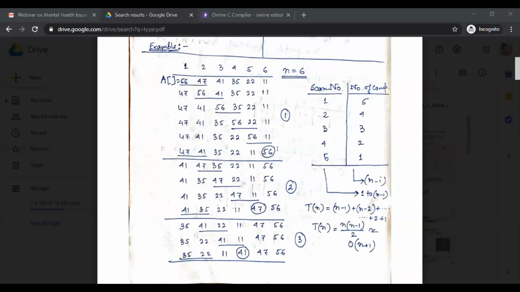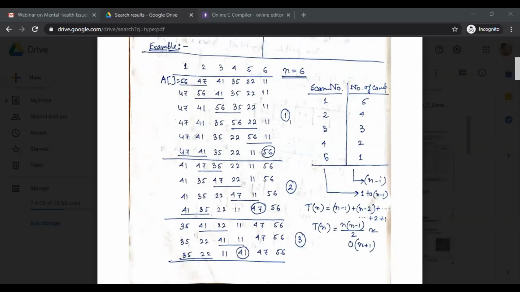And as 56 is the largest one, that's why 56 is placed in the highest index number in my array.